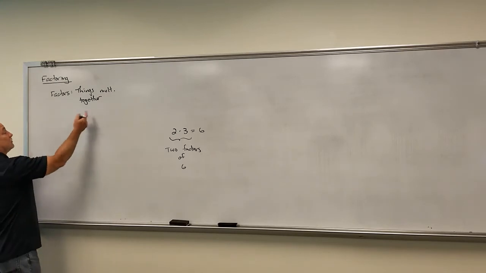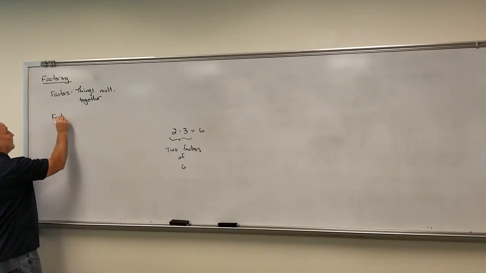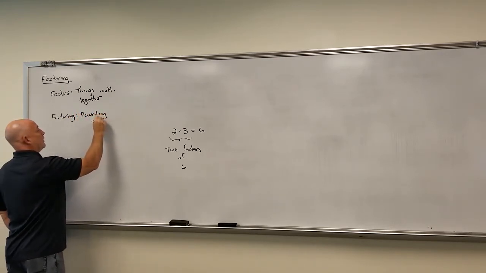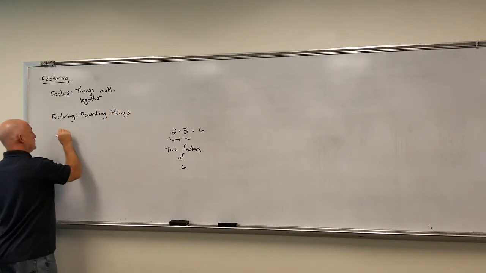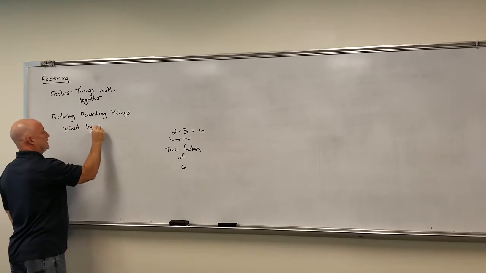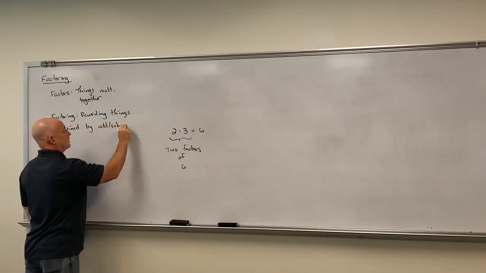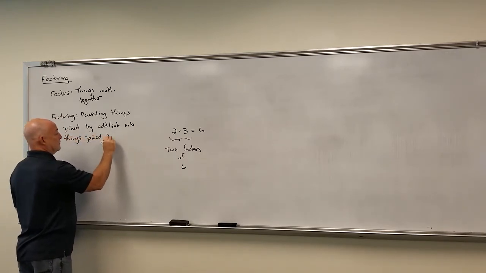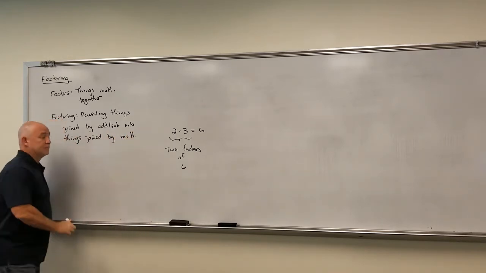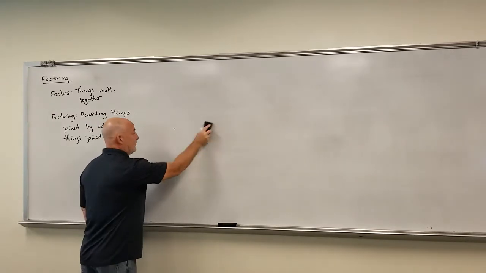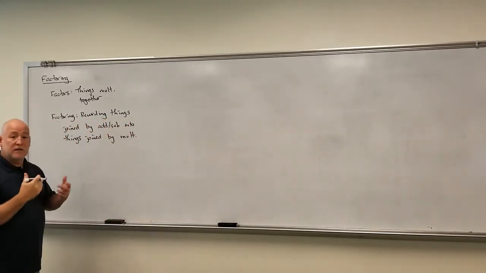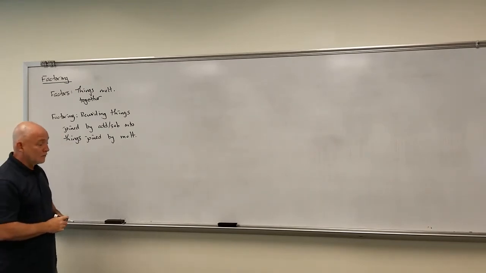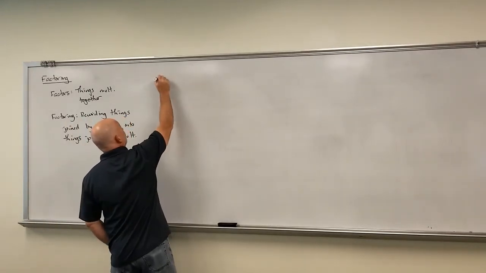So if factors are things that are joined by multiplication, factoring is going to be rewriting things joined by addition or subtraction into things joined by multiplication. All right, so pretty straightforward. Now, factoring is a process, and we're going to see it's a step-by-step process. We're going to try one thing and try something else until we get all the way to the end of our process. The first thing that we always try when factoring is something called the